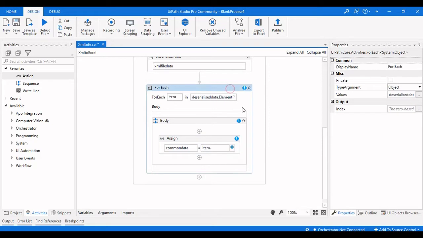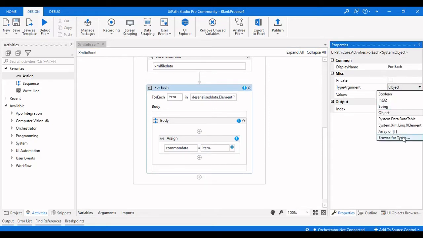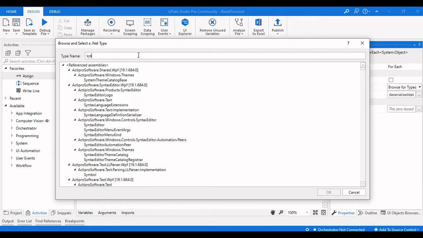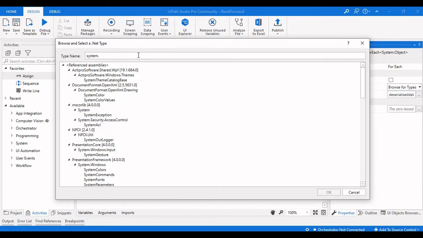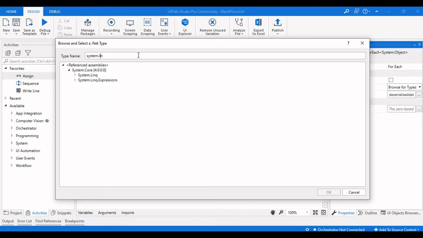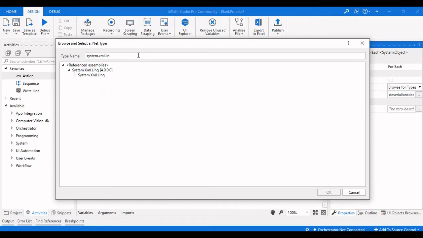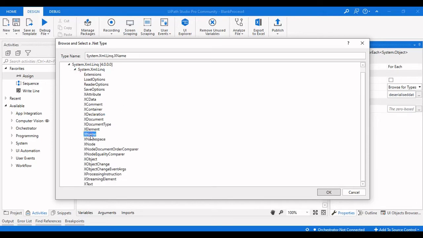So we need to change this particular type argument here. We need to change it to System.Xml.Linq.XElement.